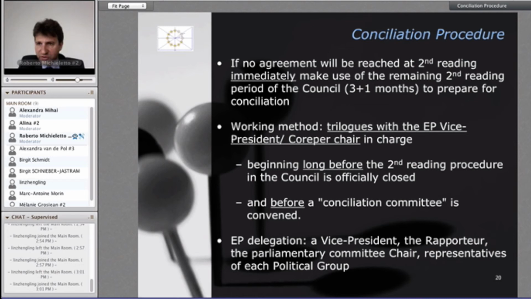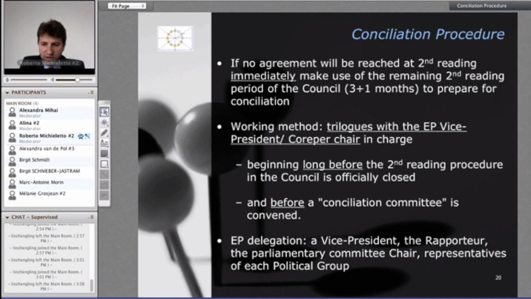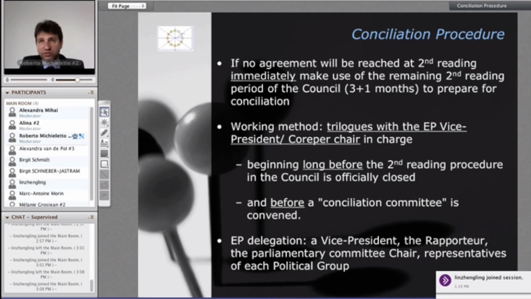Let me check, because time is gone. I think I have more or less reached the end, so let me check the next few slides, and I will try to close this presentation, this lecture, by adding some words on the conciliation procedure. The conciliation procedure has to go very quickly, because instead of 3 months or no time limits, we have just 6 weeks. 6 weeks is 1 month and a half. If you take into account the agenda of MEPs and the Council, you can meet 2-3 times.